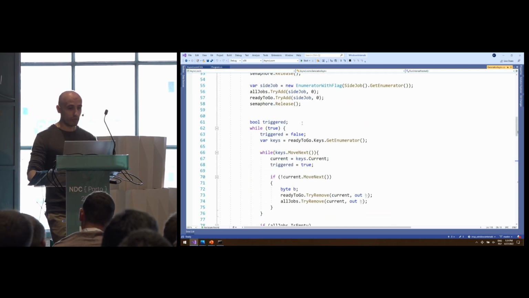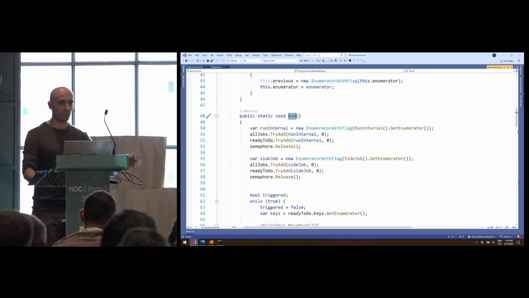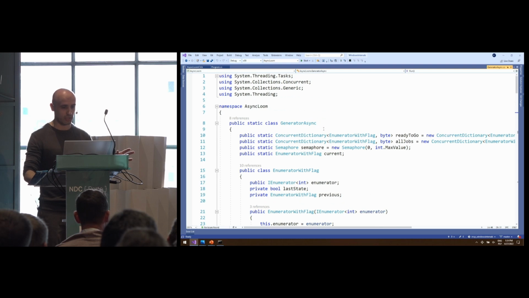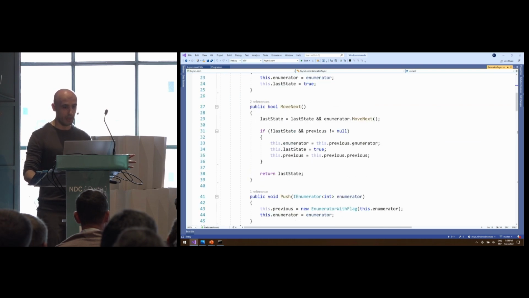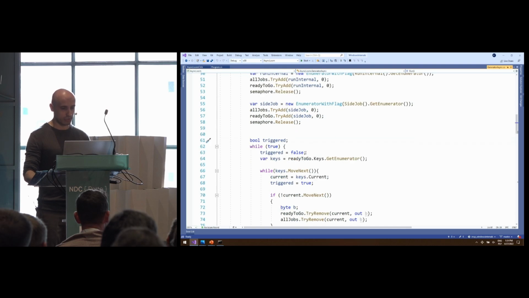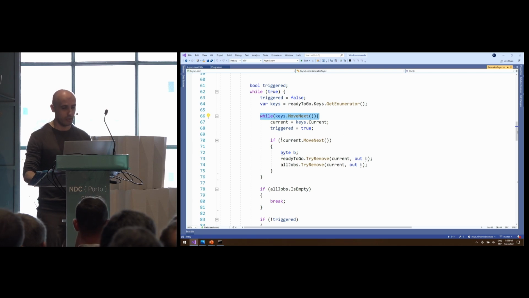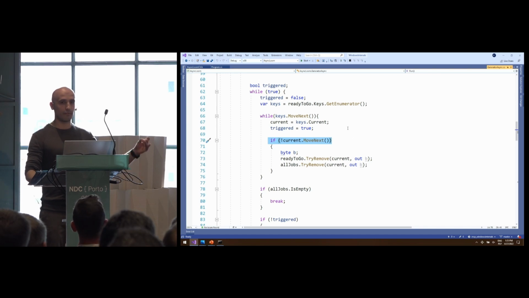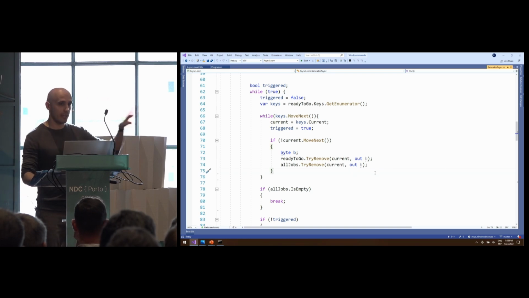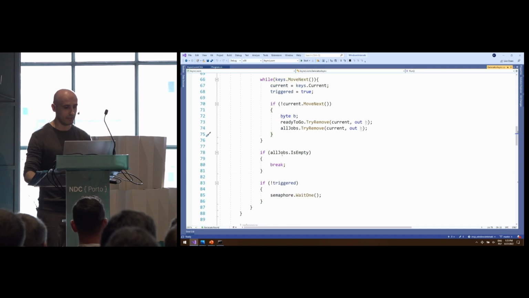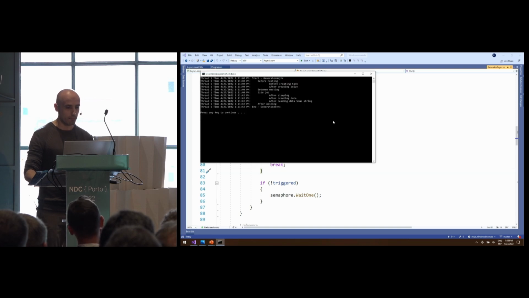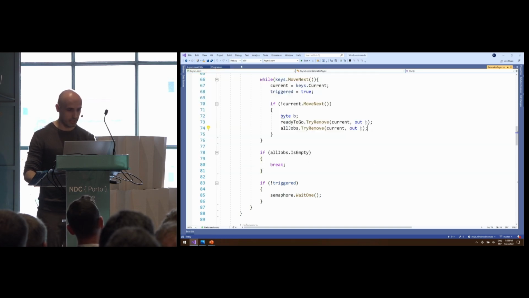So the way we do it is we have a run method. The main thread has those queues of the things to be executed, okay? So we loop through this queue, we get the item from this queue, and while there is something to be done, we just get it and call the move next method on the enumerator. And if there is something new to be scheduled, a new continuation, then this new continuation is pushed into this queue again. So this is how we implement it. And if we are all done, then we just break. Nothing important here.